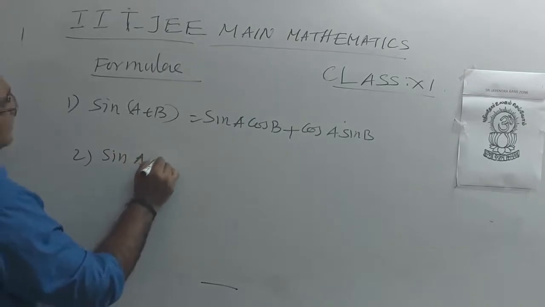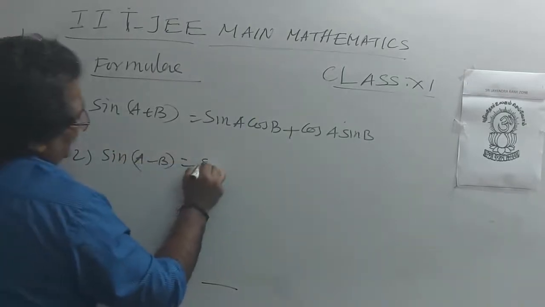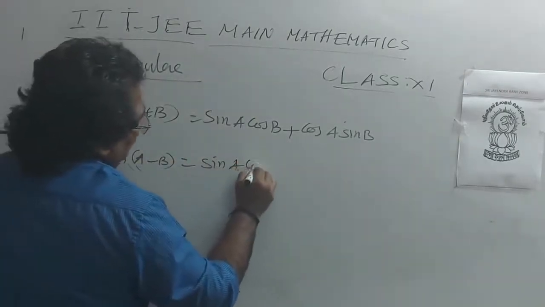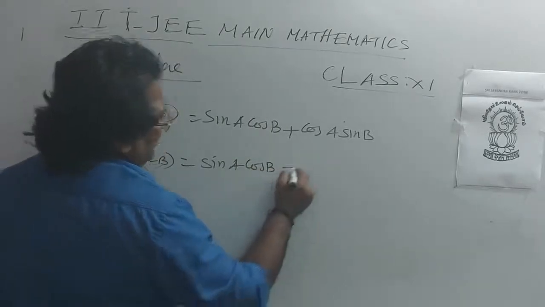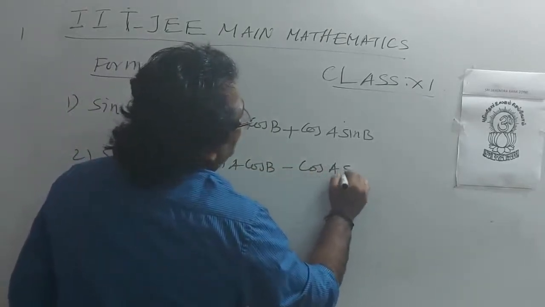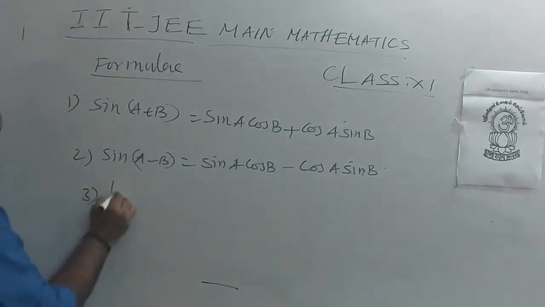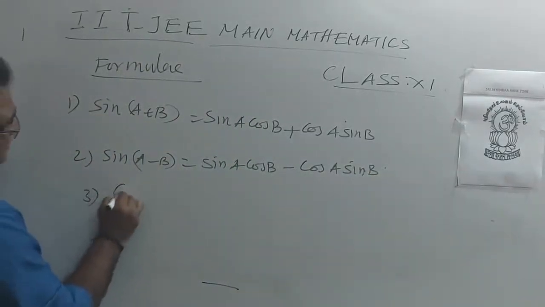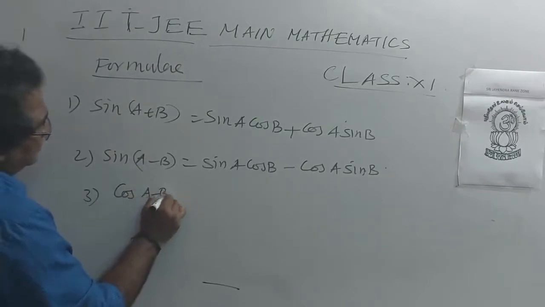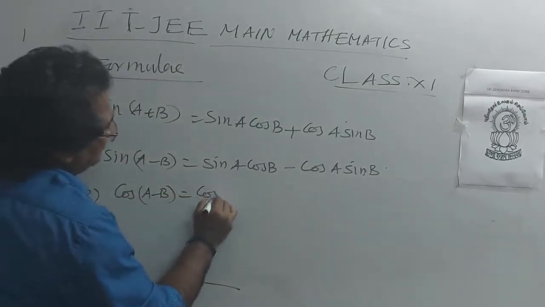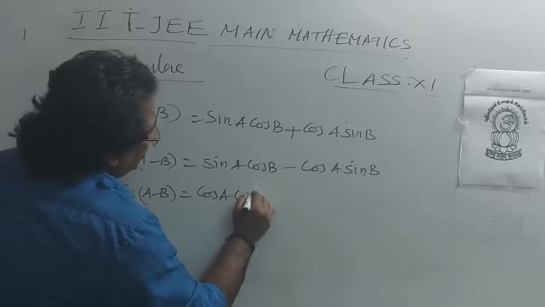Sin A minus B equals sin A cos B minus cos A sin B. Cos A minus B equals cos A cos B